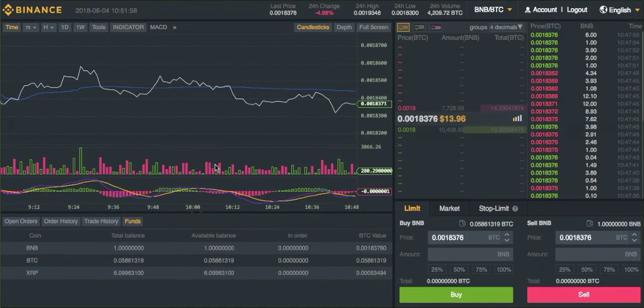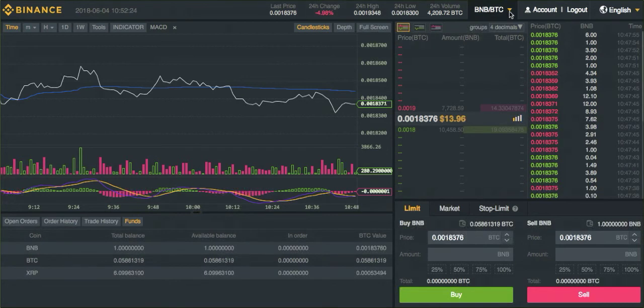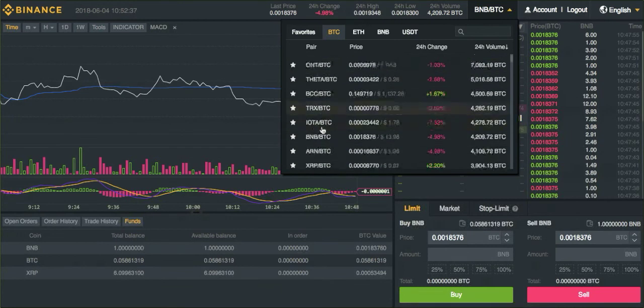This morning I'm going to be trading with you for the first time on Binance. You know, Binance is a crypto exchange platform whereby you can trade cryptocurrencies such as Bitcoin. If you have a look here, you can trade Binance Coin against Bitcoin. You can also trade Ethereum against Binance. You can trade Ethereum against Bitcoin. You can trade a lot of other currencies actually.